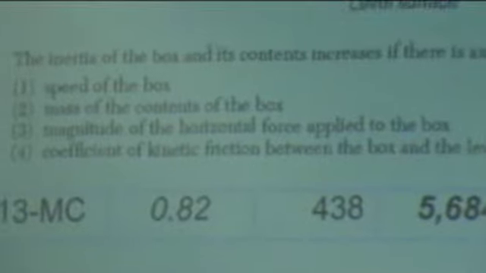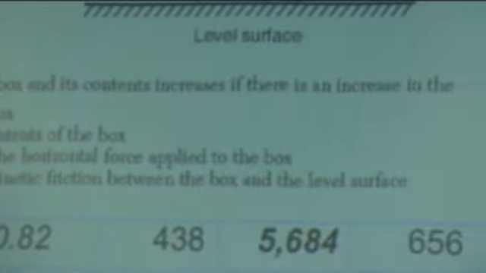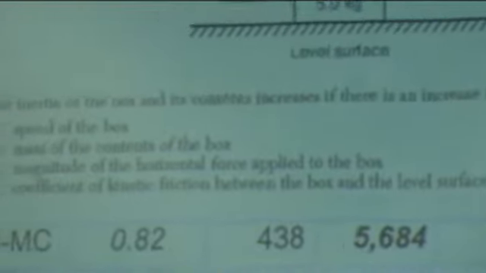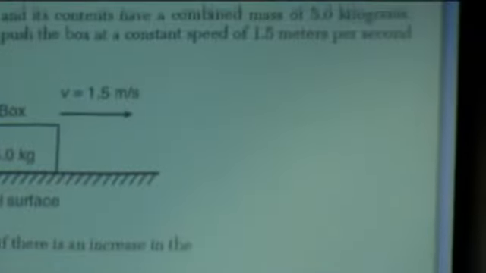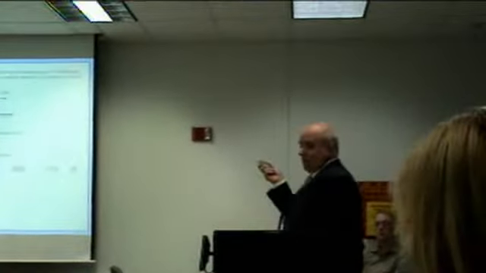Several years ago, there was a question about which has the greatest inertia, and I think it was the first one they had in a while. They were asking about a football player that was very massive, sitting still, all the way down to a cross-country runner that was very light, running quick. I don't remember the results, but I want to say they were less than half of this. I suspect this is one of those topics that we've been hitting a little bit more effectively.